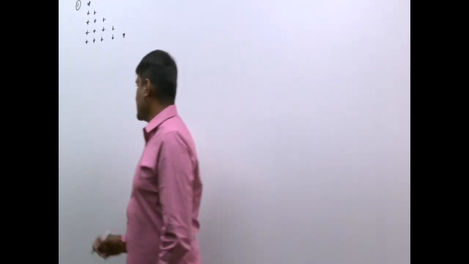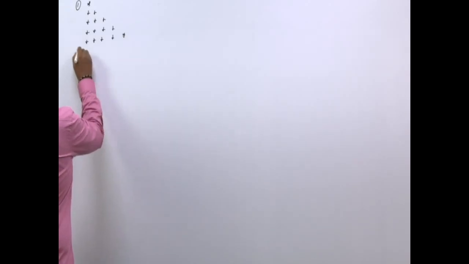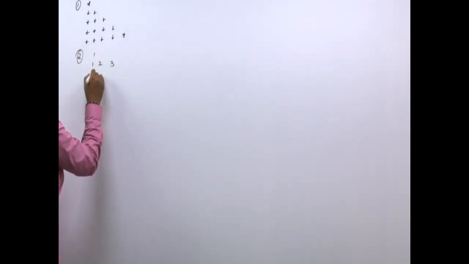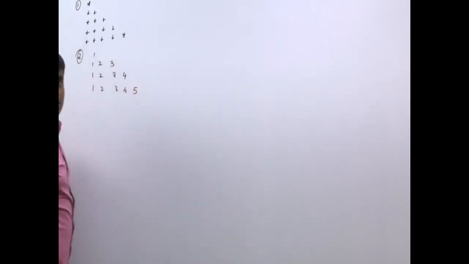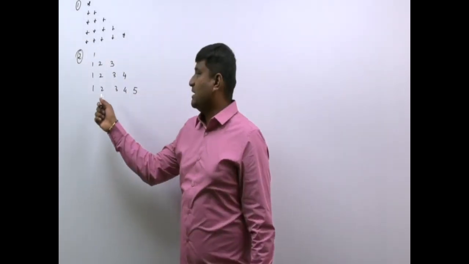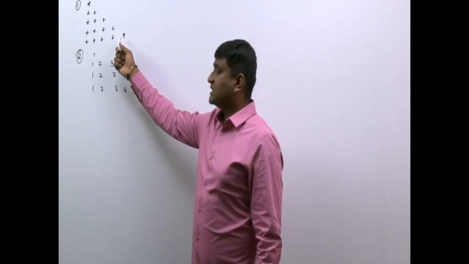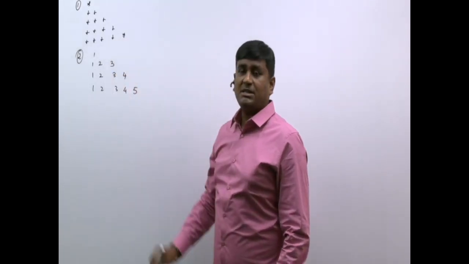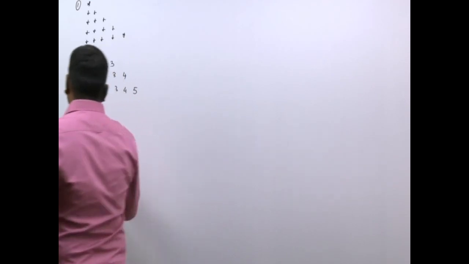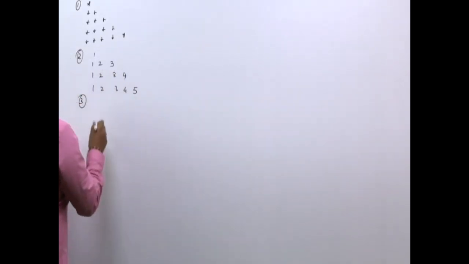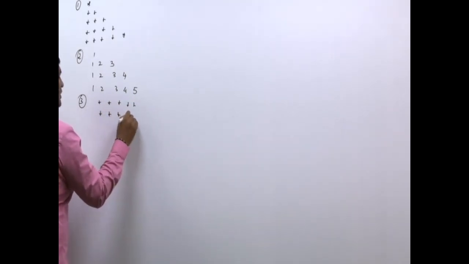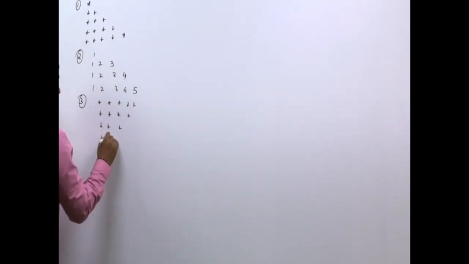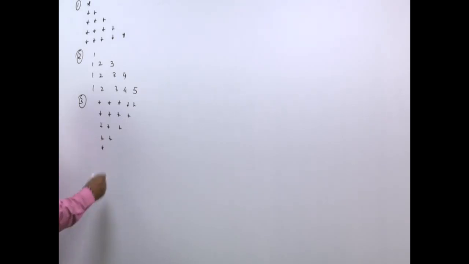They may also ask to write a program to display something like this. This is the pattern that they may expect. Instead of displaying in the form of stars, you want to display in the form of numbers. Or they may also ask you to display an inverted triangle pattern like this. Inverted means ulta, like this. Or a pattern something like this.